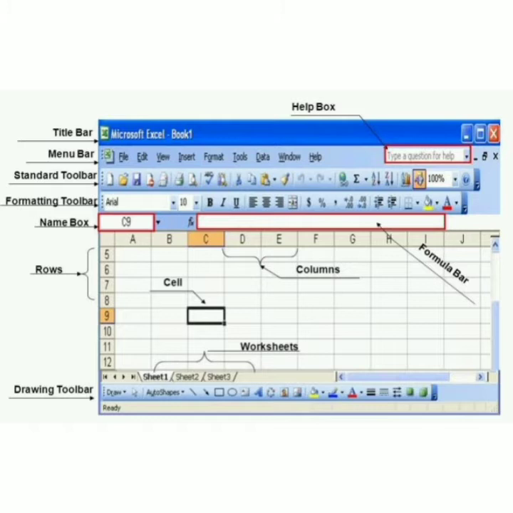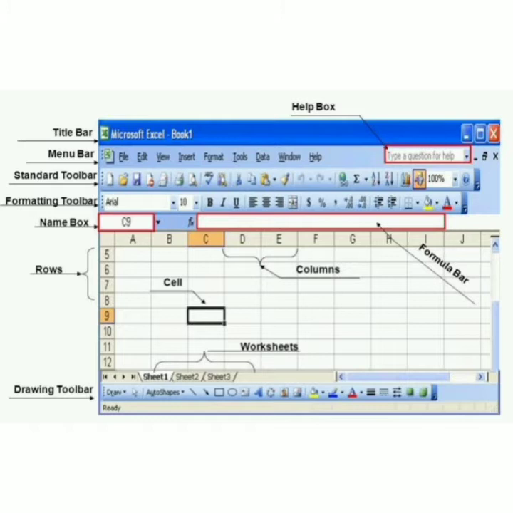Next is worksheet. What is a worksheet? A worksheet is a grid-like area made up of rows and columns, where you enter data and work with it. In other words, a worksheet is composed of a very large number of cells, which are the basic storage unit for data in a file or workbook.